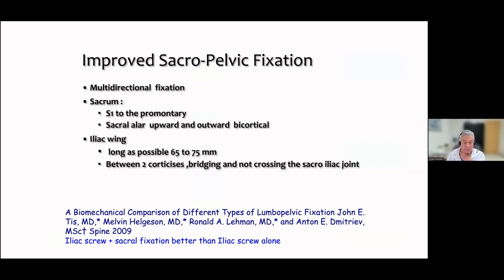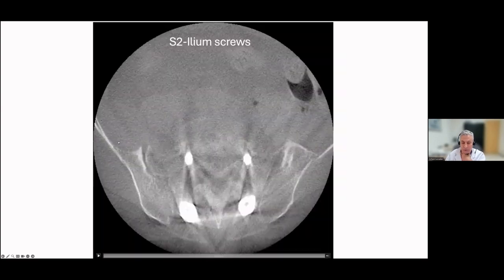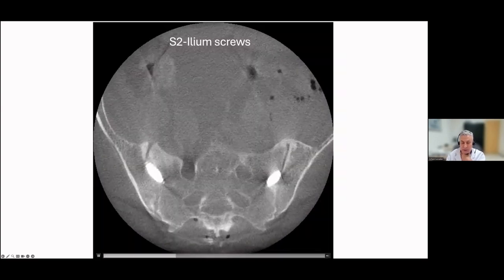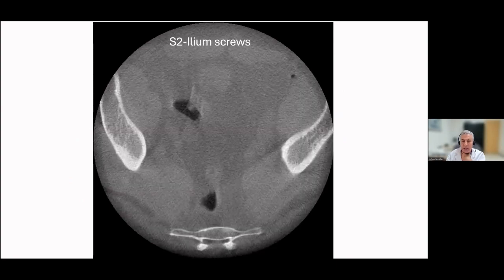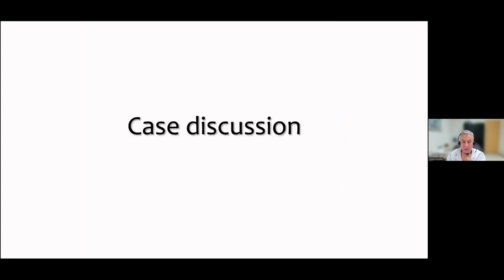Also, and especially for my colleague neurosurgeons, it's important to learn how to go to the sacrum. Sacrum with one screw in S1 is suboptimal, and it will always lead to a failure. So we should consider 3-point fixation, S1, LR screws, and ilium to get a nice and reliable caudal fixation. I will stop here because my time is over. I wanted to show you a case where everything was well done and we had lots of complications. Thank you all, and I'll be here for any question.